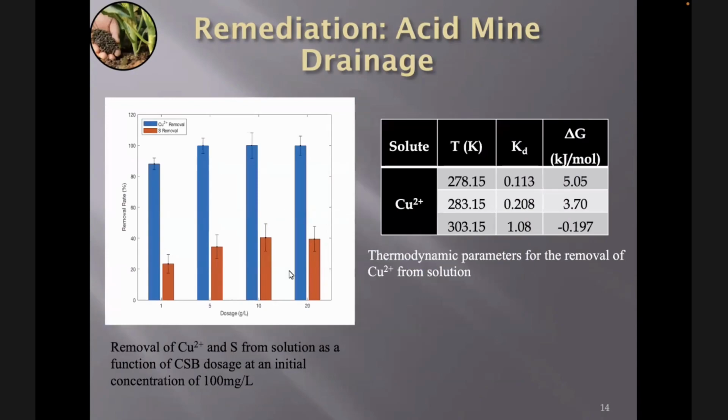We've also looked at the fact that acid mine drainage is not just acidic and corrosive, it also contains metals that are toxic and dangerous to be putting into the ocean. Copper is one of the worst things we can be putting into our oceans and poisoning our fish with. And so Chantal has looked at copper removal versus sulfur removal, because typically these copper and iron salts are sulfates based on the geology of the land in Cape Breton. And she's been able to show that we're also able to remove the copper much better than the sulfates, actually, which is an interesting